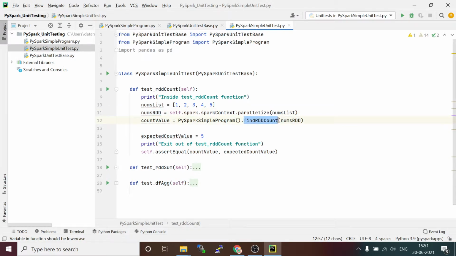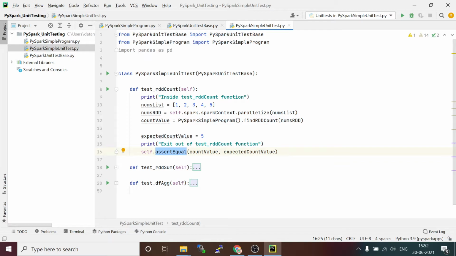So you can pass it to this function. You are creating an object for this program, calling this function and passing the RDD, which is going to return the count value, the number of elements in this RDD, which is 5. We have 5 elements in this list, which is created as an RDD in this step. So the expected value is 5. When you want to compare the expected value with the output of this function, we need to use the method called assert equal.